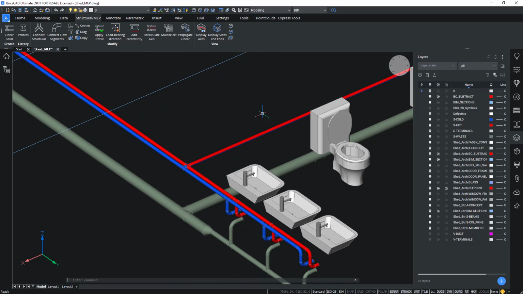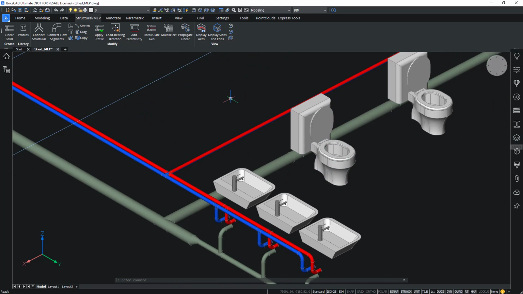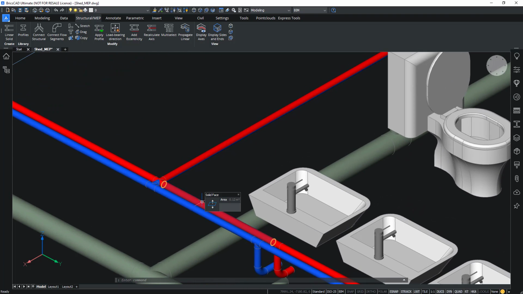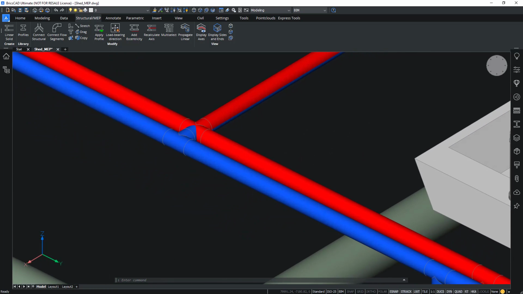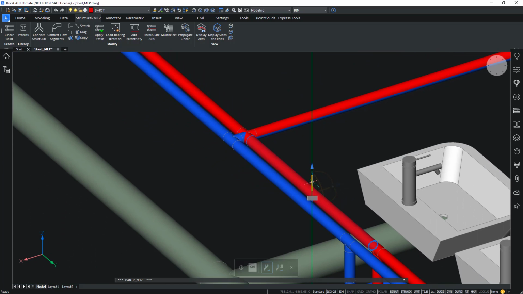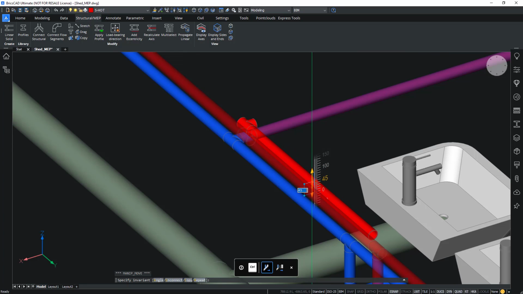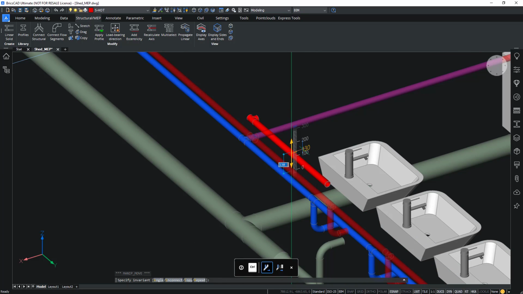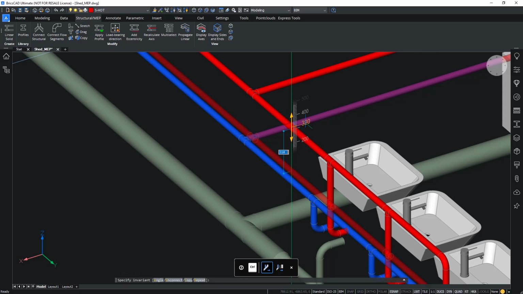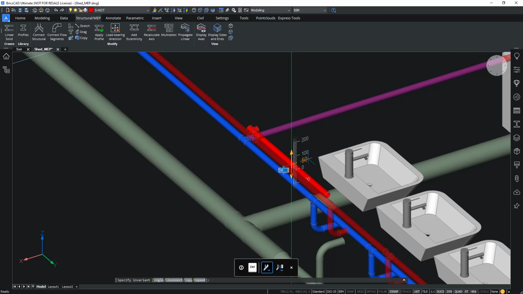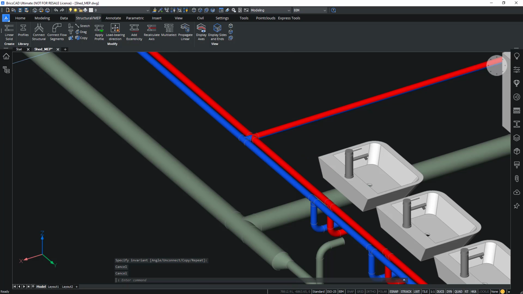The easiest way I can do that is by dragging them, let's say dragging one segment upwards. Now, if I want to drag this upwards, I can either use the manipulator and start moving it like this. And as you can see, all of the other connected pipes will stay connected. So at the bottom here, those vertical pipes will lengthen, and the other horizontal pipes will also move with it. So that's one way of doing it, using the manipulator.